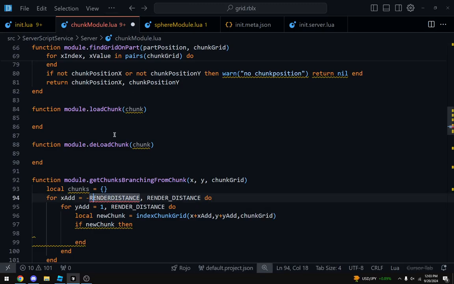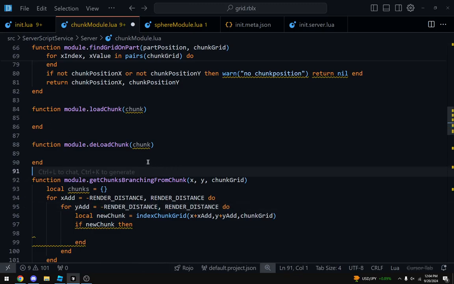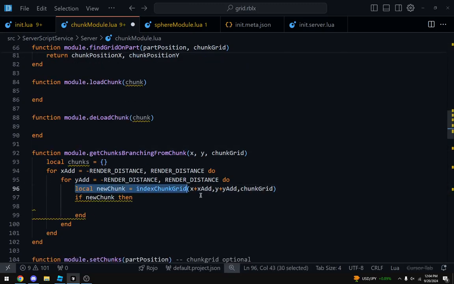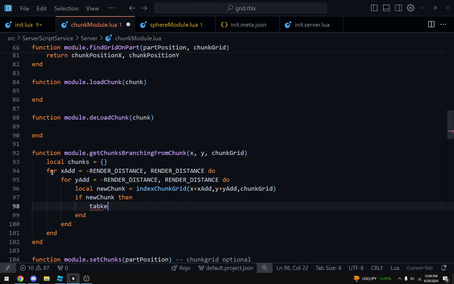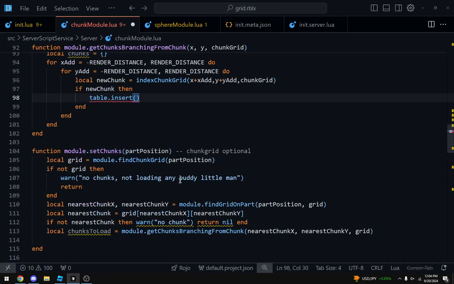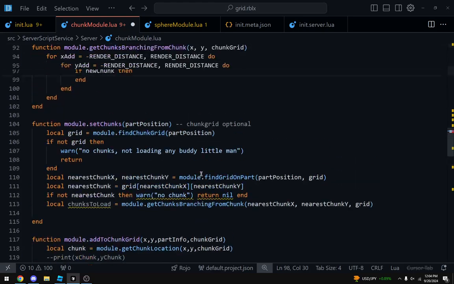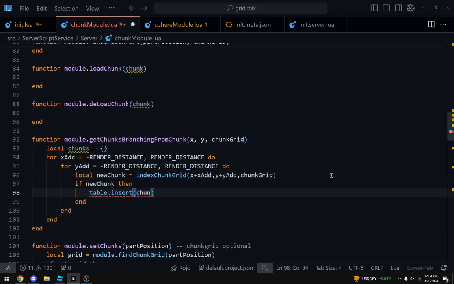The reason we're saying negative render distance here is so that we get all the chunks also behind the player, which there's no concept of behind here, but on the sphere relatively. And so the local new chunk is going to be this chunk, and we do if new chunk, then table dot insert. I think it's insert, right? Or am I going crazy? Yep. Okay. Chunks, new chunk.